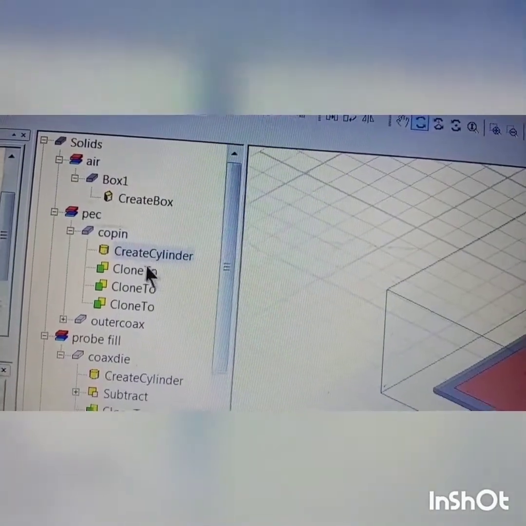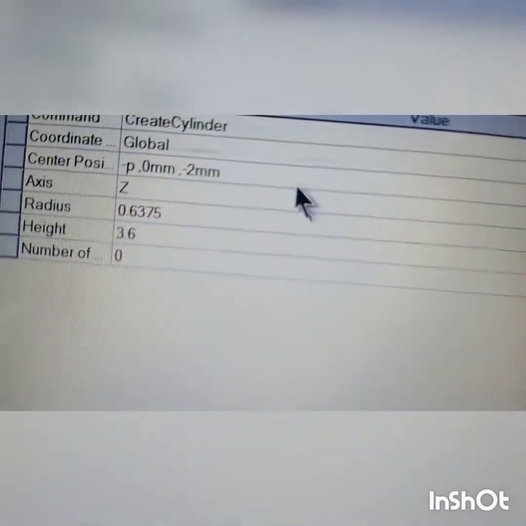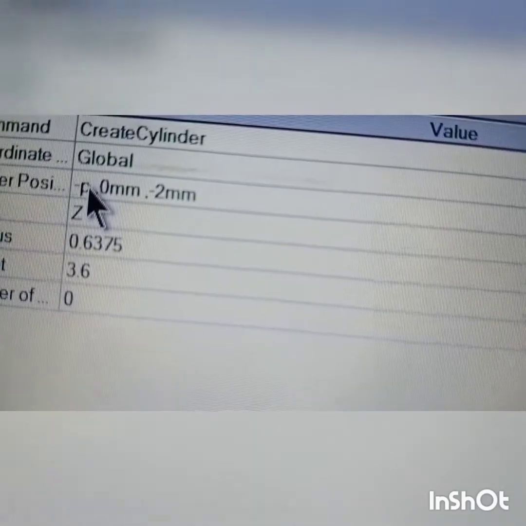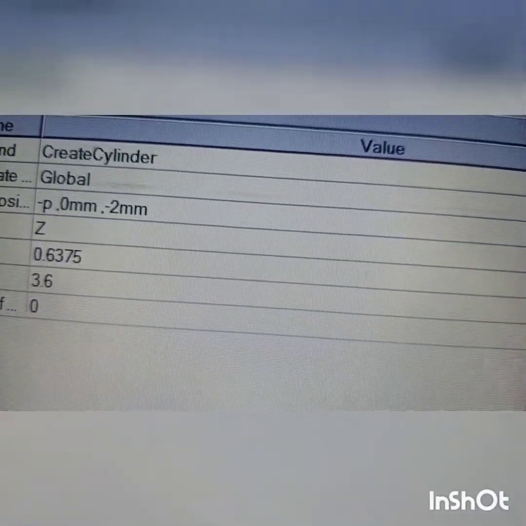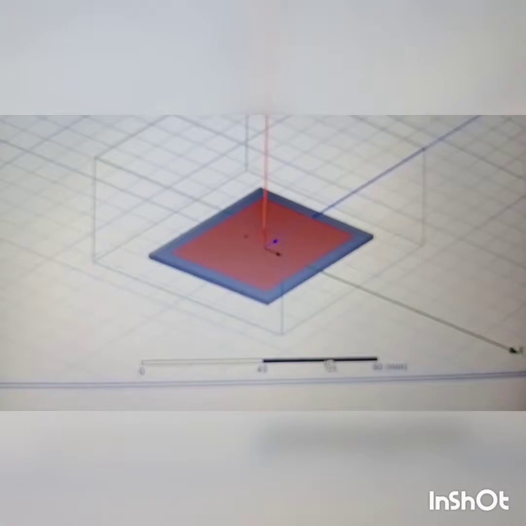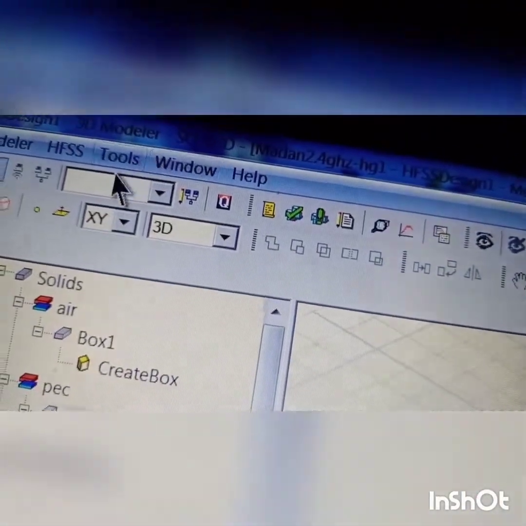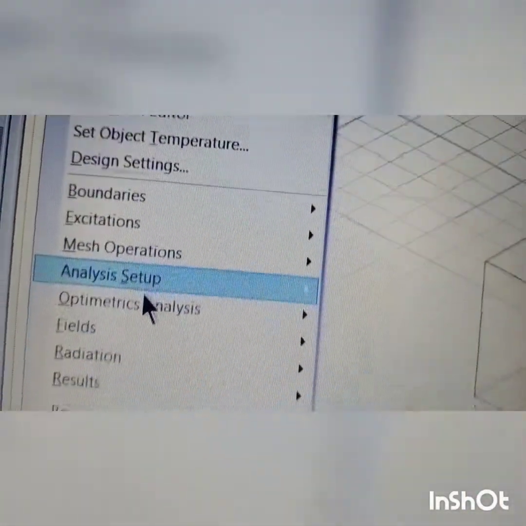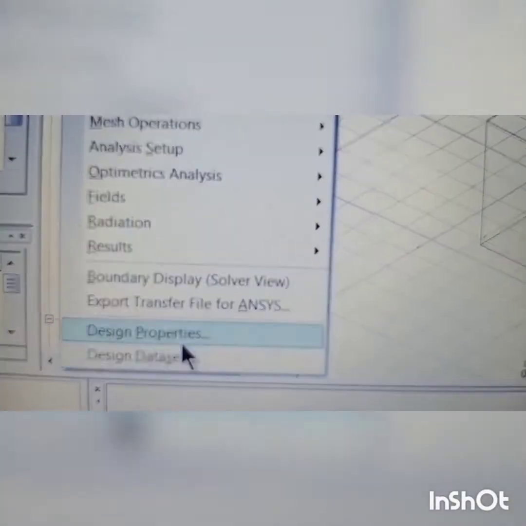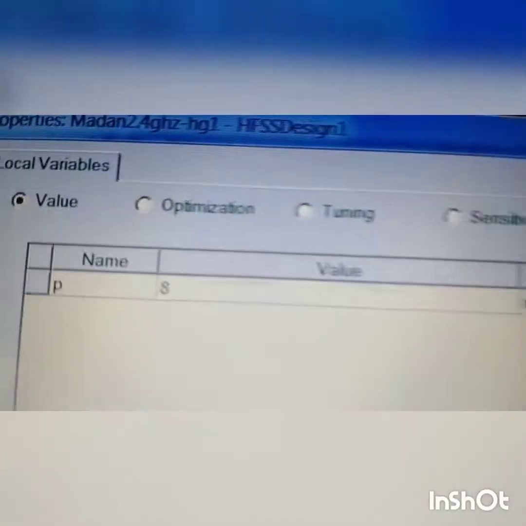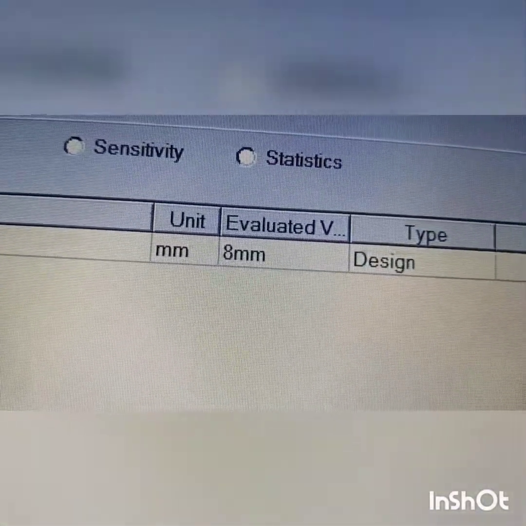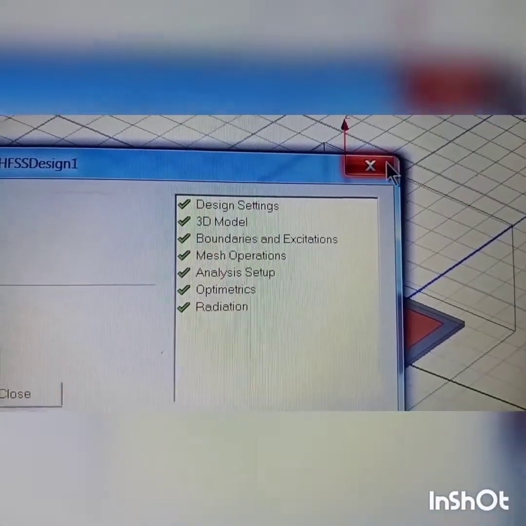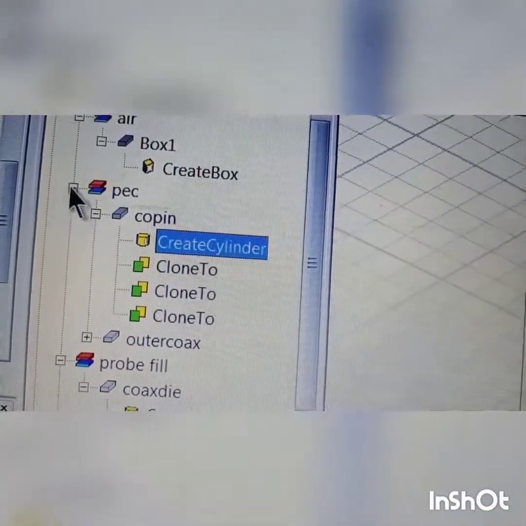If you go to the HFSS menu, here just see, again I am showing the same thing. P is the probe position, or maybe PP, that depends on your convenience. You can put the variable, let it be okay. Now you go here to HFSS, where you can find all the variables we used, in the design properties. Here I have used only one variable, that's why it is showing only one. If you use all the variables, then the list will be available here. Now you go to one more window, validate that everything is correct every time,